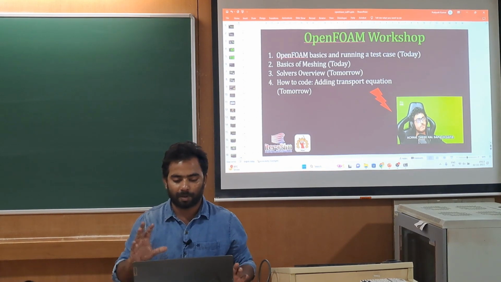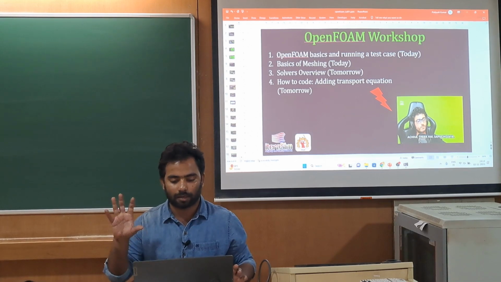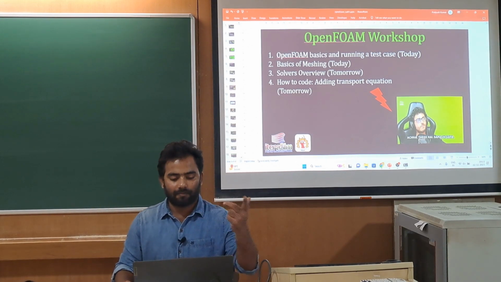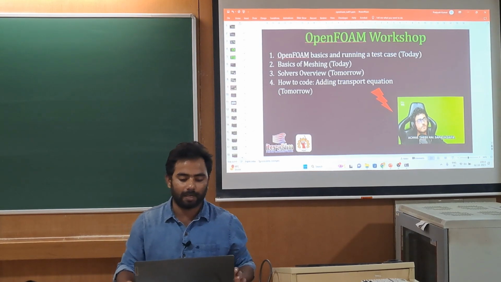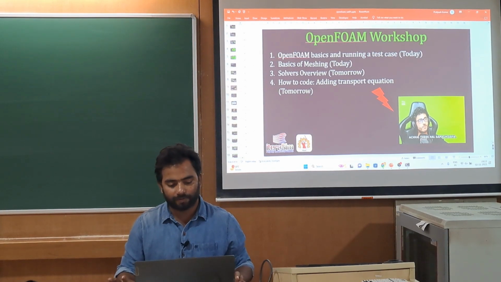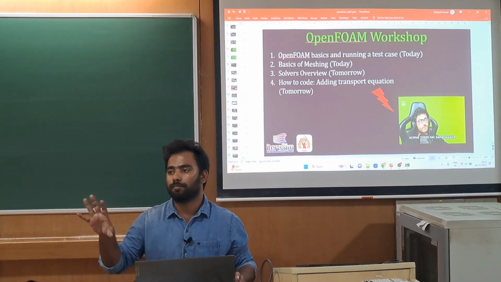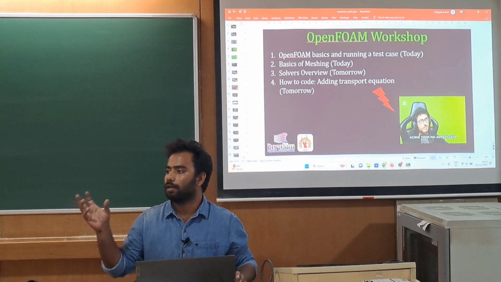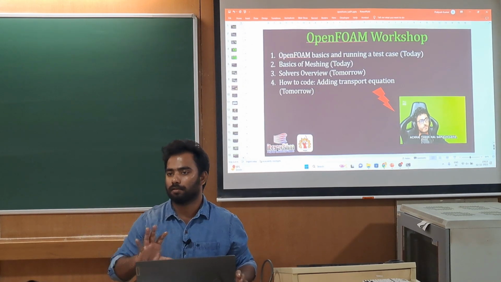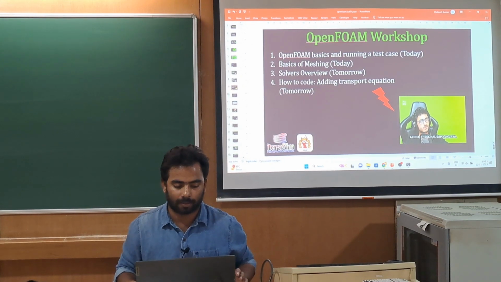First we will start with the OpenFOAM basics, then we will introduce the test case. After that you will get an idea about meshing, and tomorrow we will have a session on solver overview, and also some coding classes, where we are going to introduce a transport equation in an already present solver.